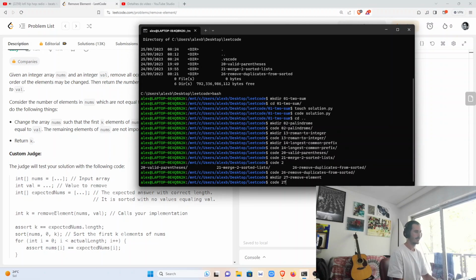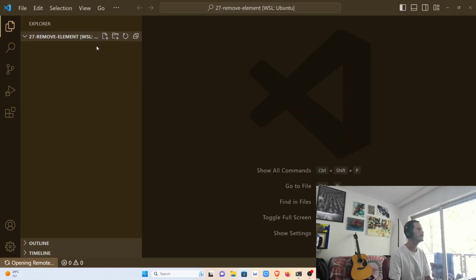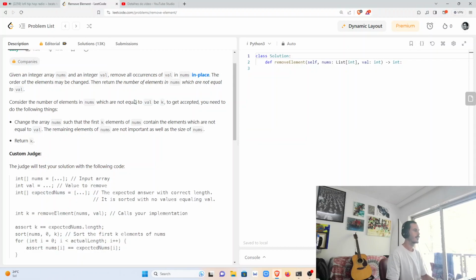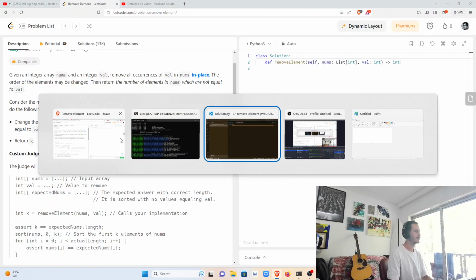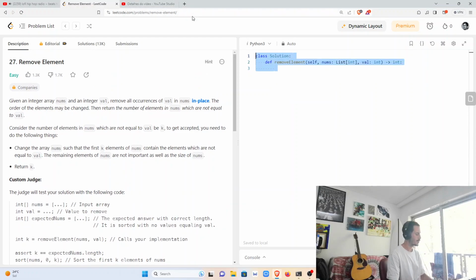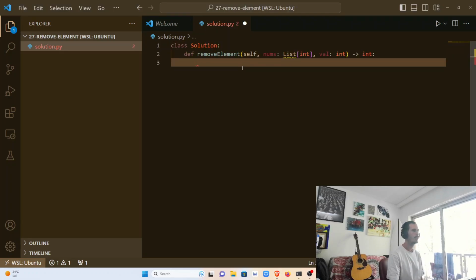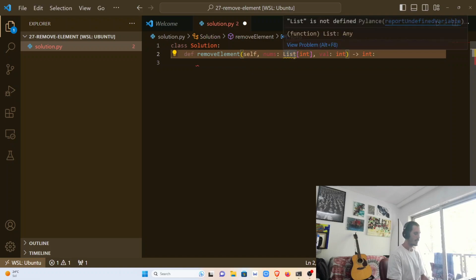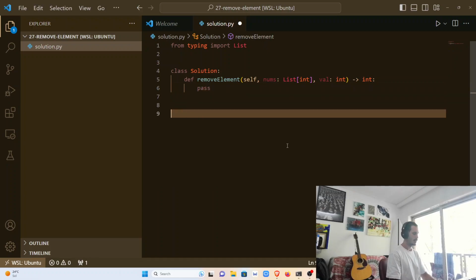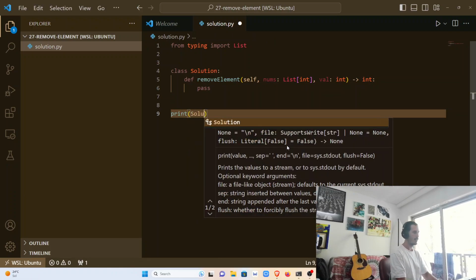Code 27. Solution. And now, let's just copy this. I'm only coding in Python. And type safe Python, because I love it. Helps me with autocomplete. It's great. So let me just create the